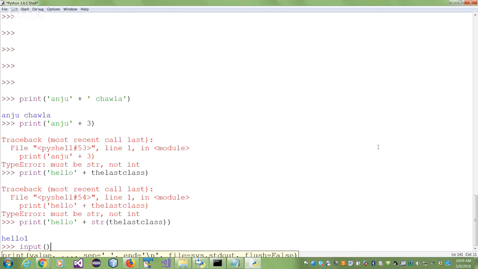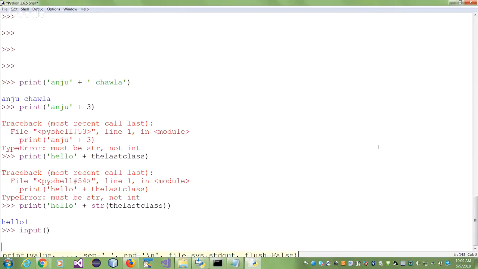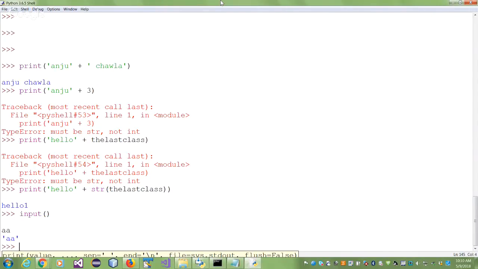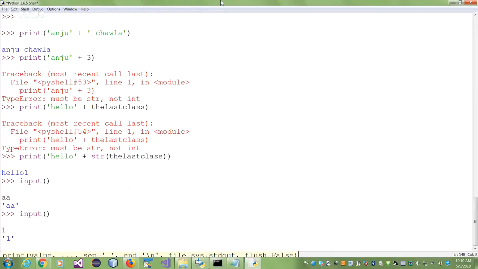I'm just writing it without anything right now. Notice what it is doing? It's waiting for some input. Do you see this cursor? Can you see this cursor on my screen? So I'm going to say AA. I'm going to give my input. I took it. And that AA was also echoed out. It said, I took AA from you, and it echoed it out. Do you notice something? The AA is printed with the quotes. Anything that you read using the input function is assumed to be a string, even if it is a number. It becomes a string.